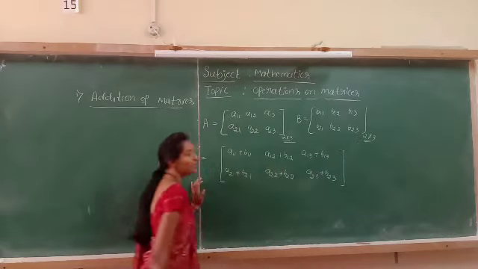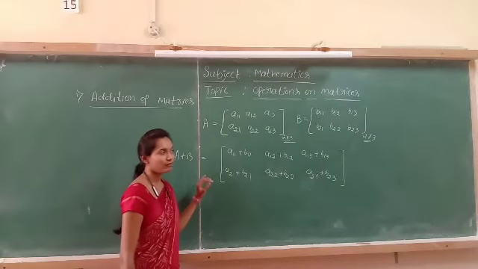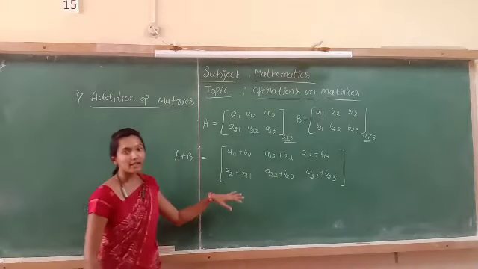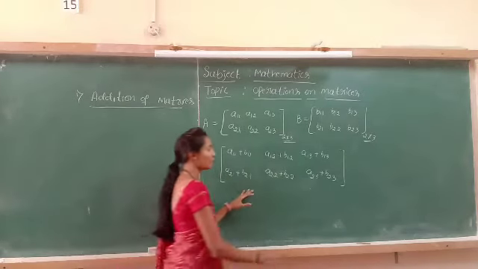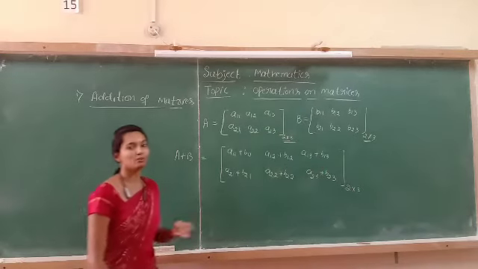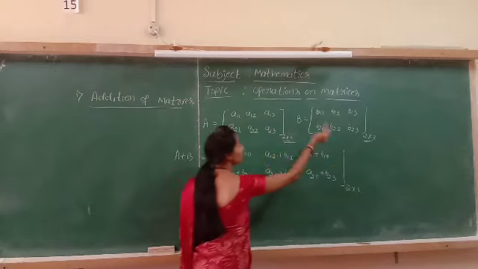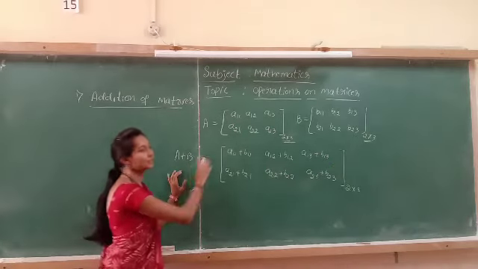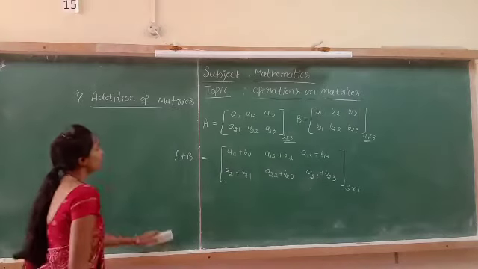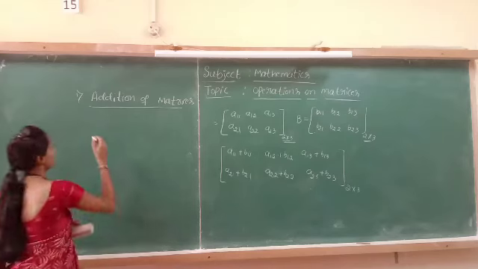Look here. This is the addition of matrices when the matrices are of the order 2 cross 3. So for the addition of matrices, the matrices should always have the same order. Then the resultant sum is also of the same order. Because this is 2 cross 3 and this is 2 cross 3, the addition of these two matrices is also of the order 2 cross 3. So we can state the addition of matrices like this.